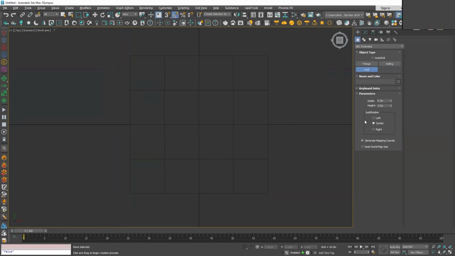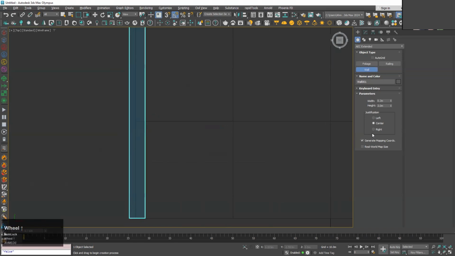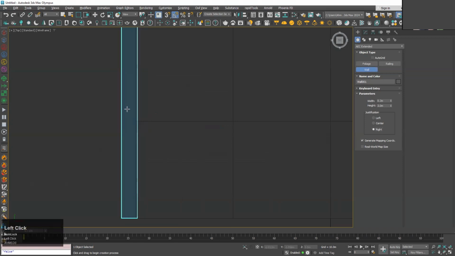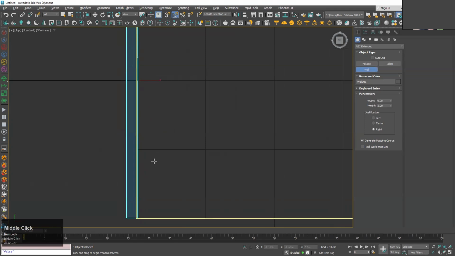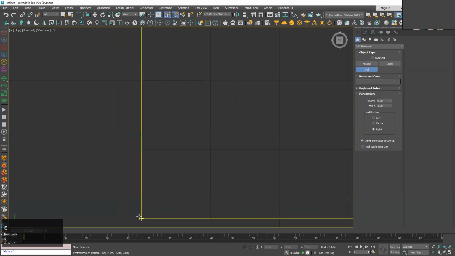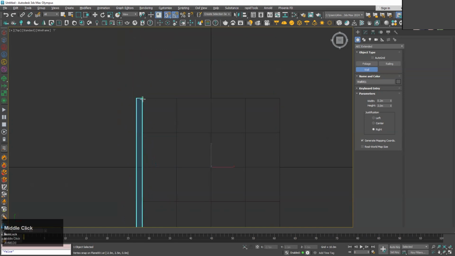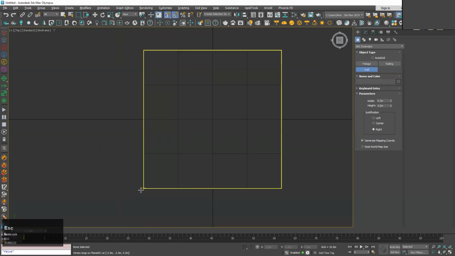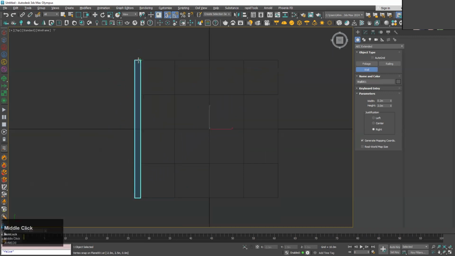So if I just click over here and over here, you can see this alignment is center align. If I switch from center to right, you can see now my justification is on the right side of the floor. So this way I can create the wall that is always going to be outside of our floor area. So with the initial click, the wall is going to be created, and now click on the second